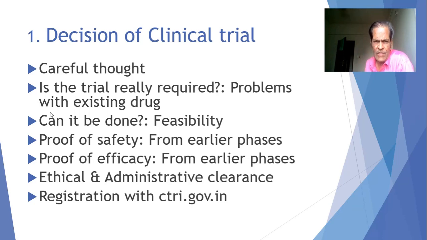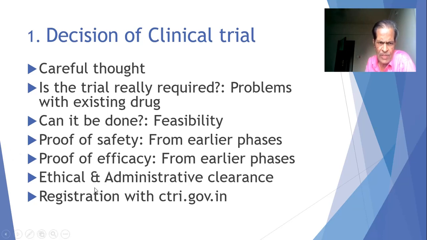If no phase 3 studies have been conducted previously, and only phase 1 and phase 2 studies have been conducted, then the clearance from the drug departments of the state or the country is required. That administrative clearance is also required. So these are a few examples of administrative and ethical clearances. Of this, ethical is from the ethical committee, and administrative clearance from the various institutions and the departments.